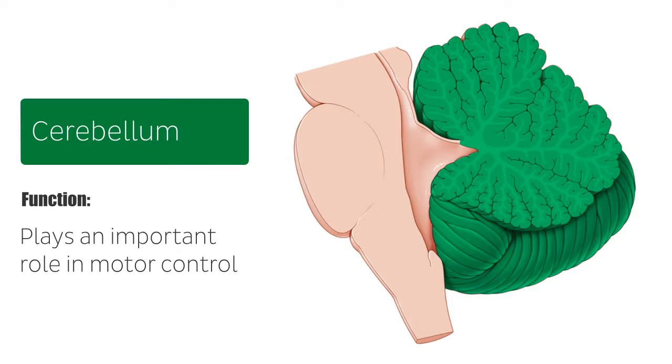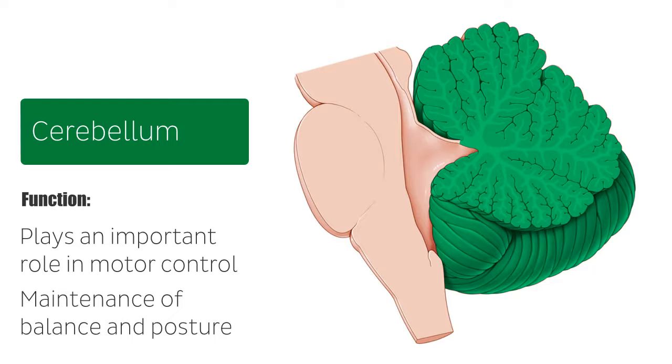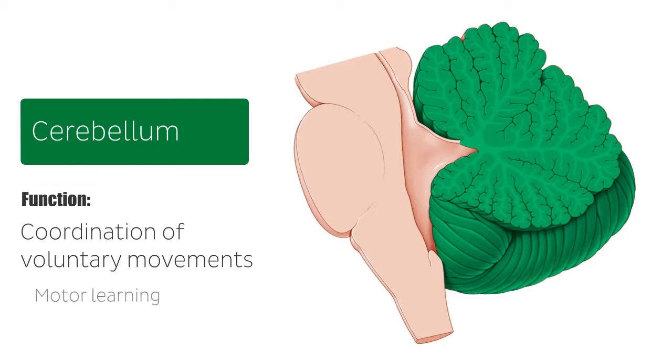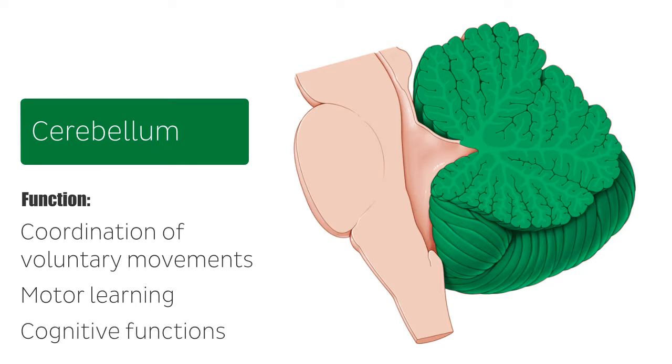This structure does not initiate movement, but rather modifies the motor commands of the descending pathways to make movements more adaptive and accurate. The cerebellum receives input from the sensory system of the spinal cord and other parts of the brain, then integrates these to fine-tune motor activity. I would also like to add that the cerebellum is involved in maintenance of balance and posture. Other functions associated with the cerebellum include coordination of voluntary movements, motor learning, and cognitive functions, for example in